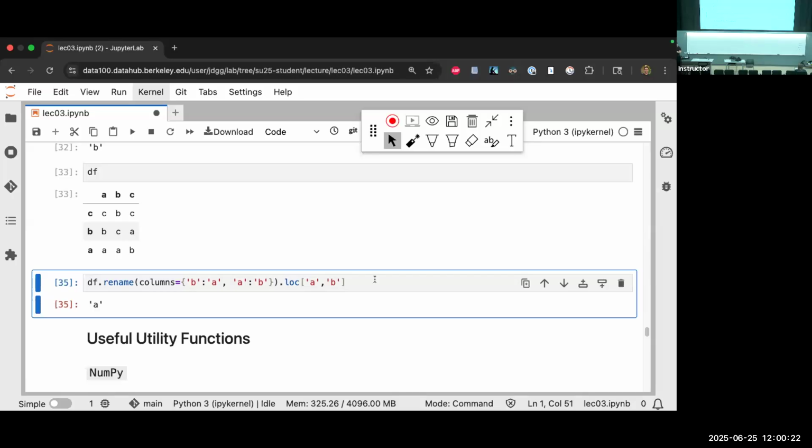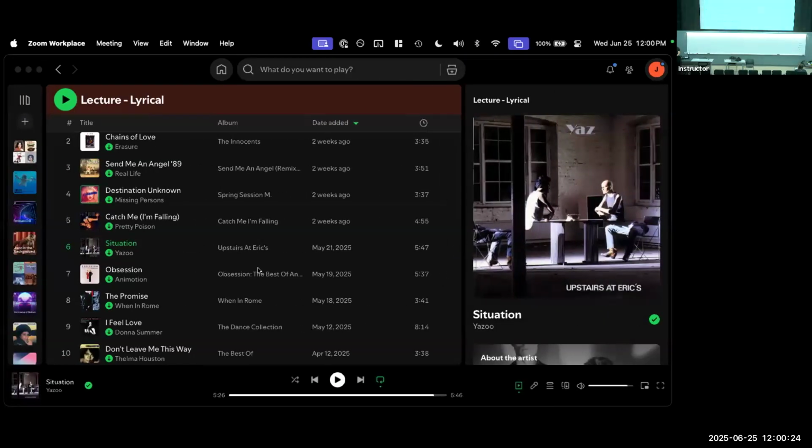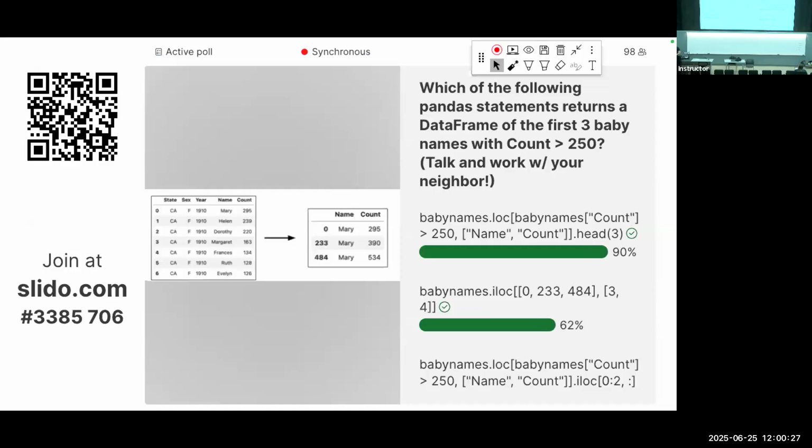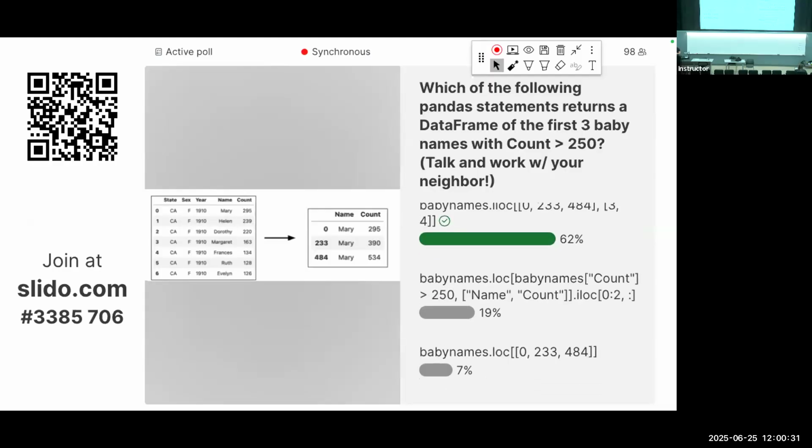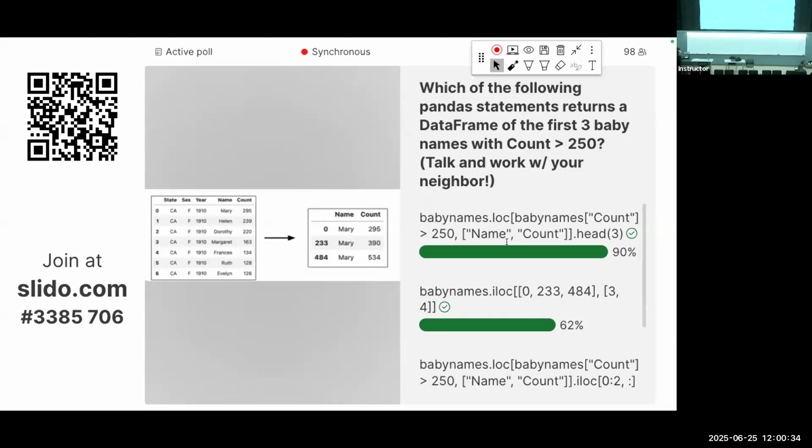How are we doing on time? We've got a half hour. Let's keep going. A couple more Slidos to do after these. I think just one. Okay, so the correct answer here, first one, second one, and then the last two. Or at least those, sorry, not in that order. These first two are correct.